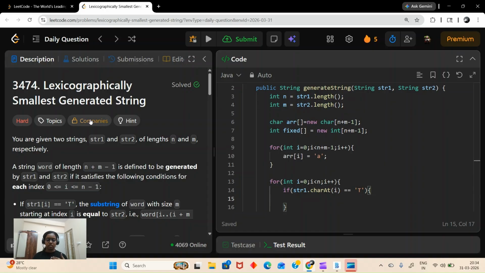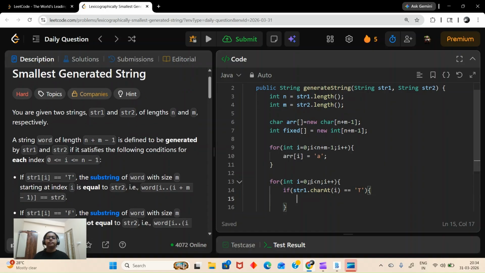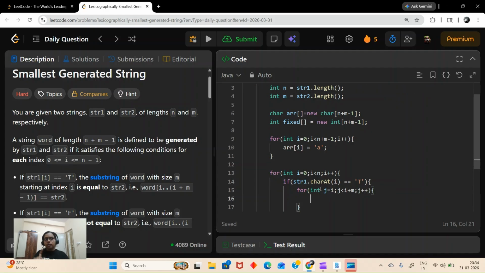Why am I saying no? Here it is given, if you see: for int j is equal to 0, j not 0, it should be i. j less than i plus m, j plus plus, yes. Now here, before changing, what we have to check: if my fixed is equal to 1,